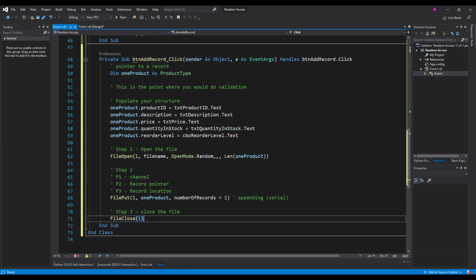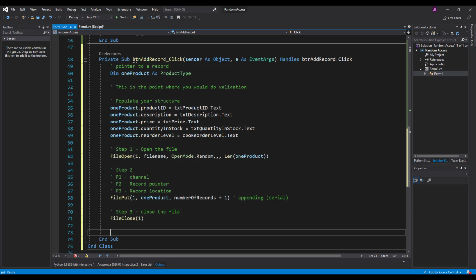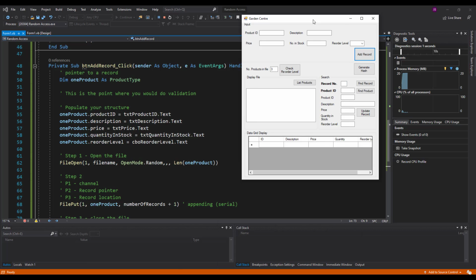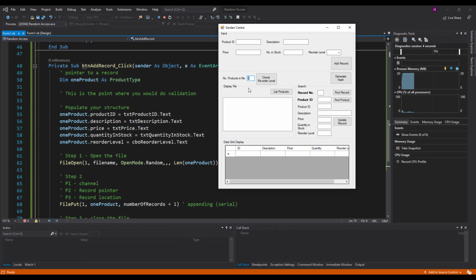However, at this stage, I think I can run this, confidently say we'll add this to my numberOfRecords. So I've got 3 records in total. If I put in there houseplant, oh, that's not the product ID. So description will be houseplant, product ID is 123, price $12.99 for this houseplant. I've got 100 of those plants and my reorder level is 50. If I click the button add record,